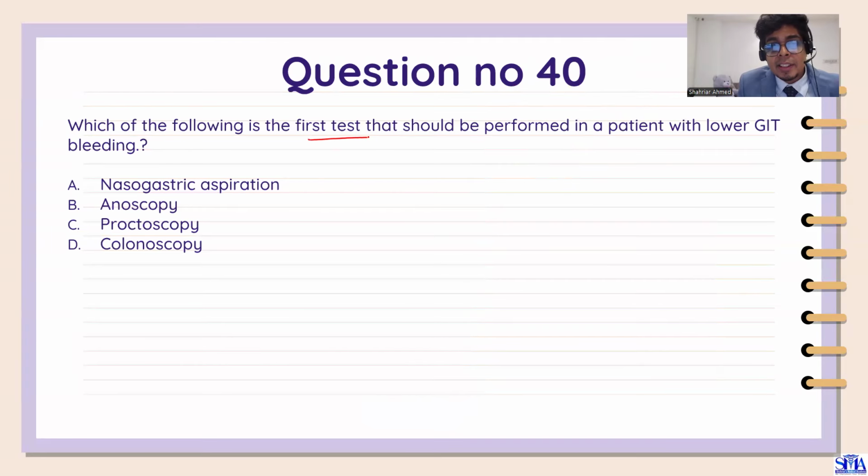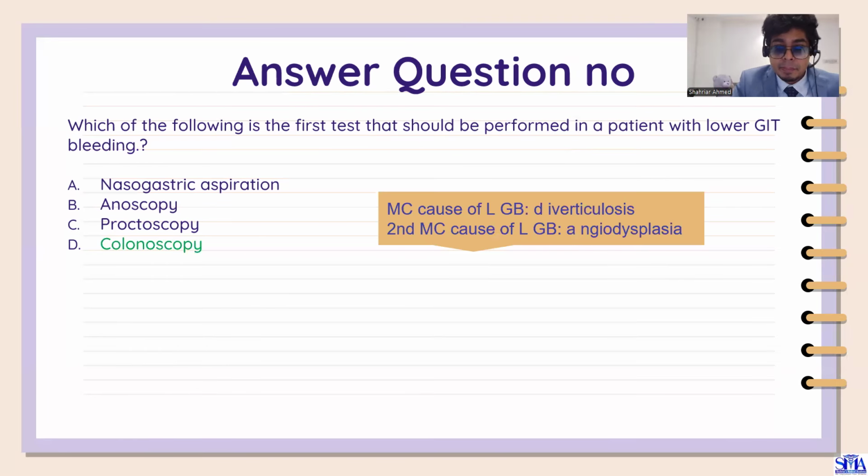Which of the following is the first test that should be performed in a patient with lower GIT bleeding? Lower GIT was included even though it's surgical, some rectal conditions. But lower GIT bleeding causes we have mentioned: diverticulitis, angiodysplasia, hemorrhoids, anal fissure, rectal cancer, many things. You will probably get fresh rectal bleeding. So, what do you think? One test you want to do in that case should be